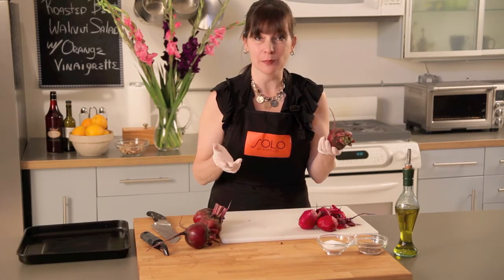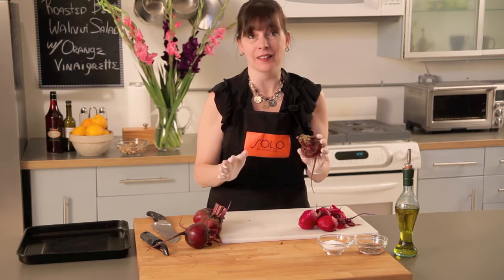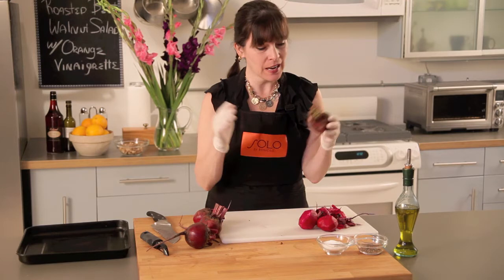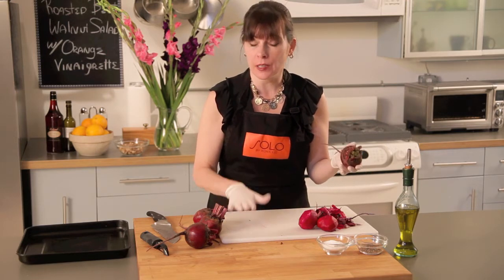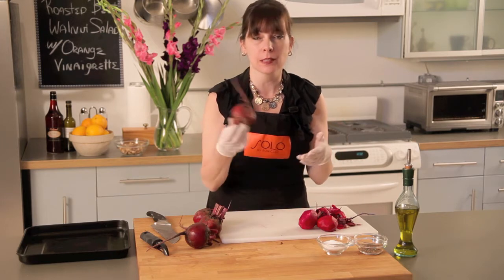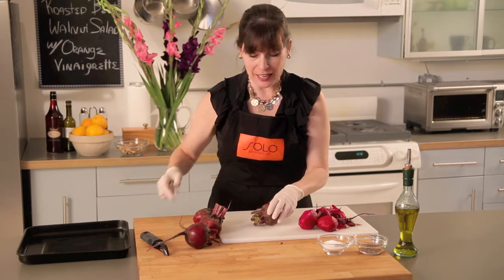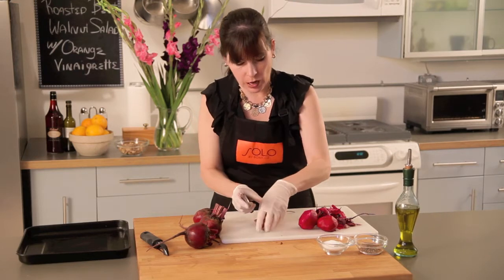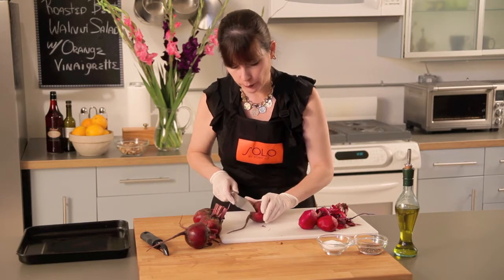So here's the thing about beets. They will stain anything they come in contact with, including you. So notice I am wearing gloves, and I'm using an acrylic board so that that doesn't stain. If I did it on my wooden board, it would be nice and bright red by the time I was done. Anyway, so what I'm going to do is cut off the top end and the root end,